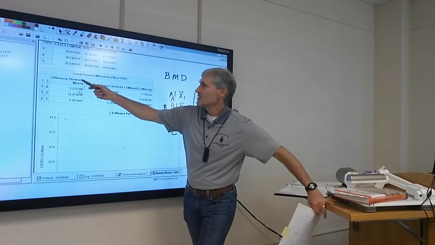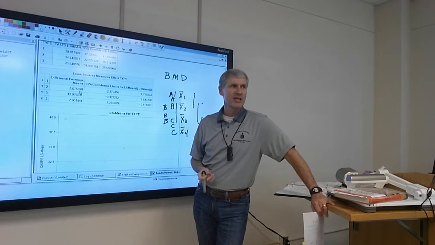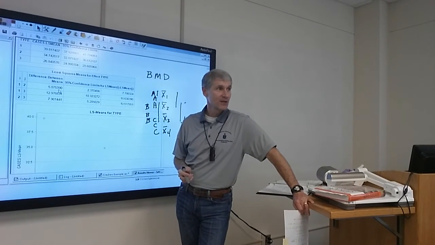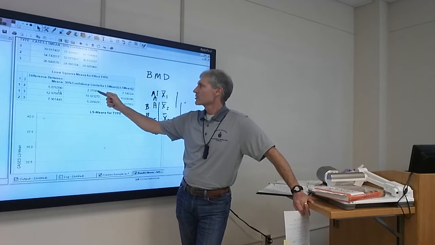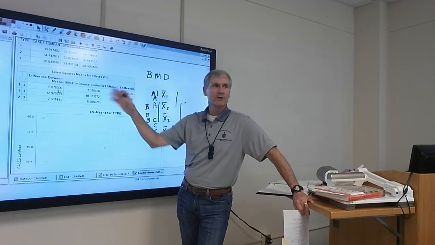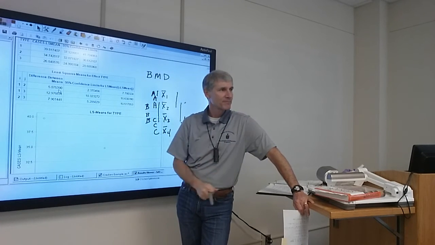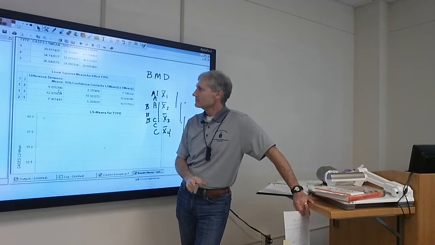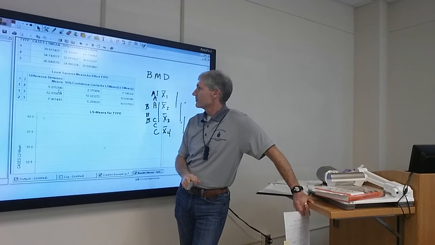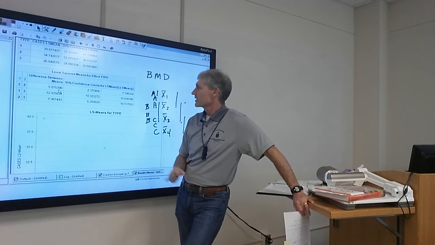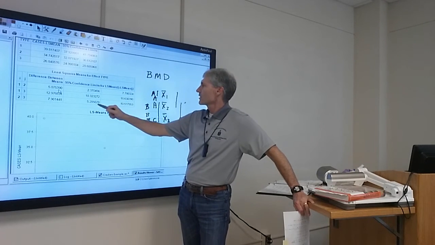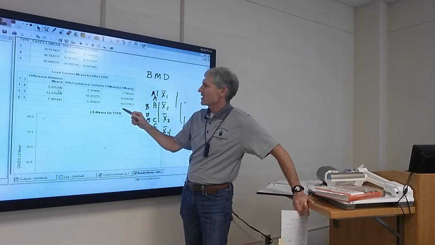Remember, this is the difference in means. What would the null hypothesis say the difference is? 0. So 0 is not in that interval, therefore it's statistically significant. I was going to say it overlaps with the bottom one too. The bottom interval is 5 and 10. It does. This confidence interval overlaps with this confidence interval, but